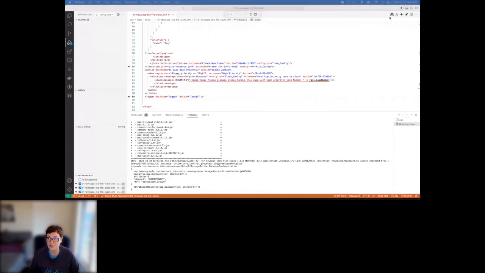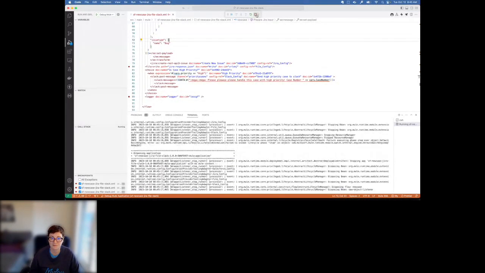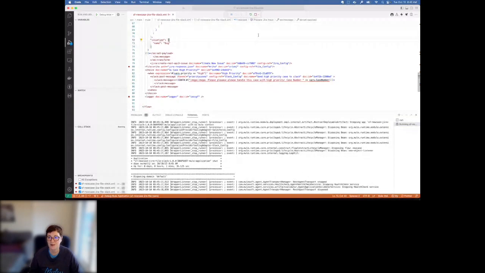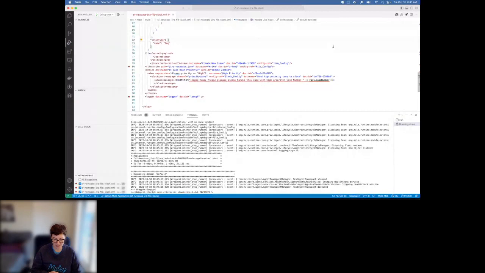Let me show you next how we can deploy this. Oh, actually, let me stop the debugger. Okay, so now we do support from within ACB to